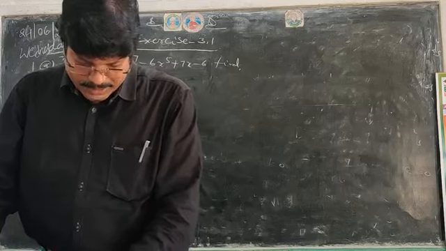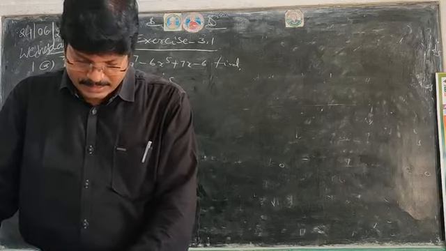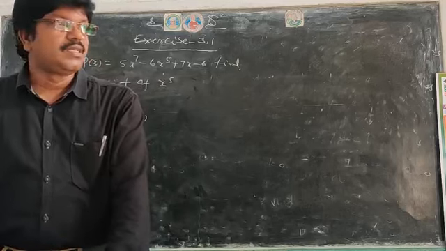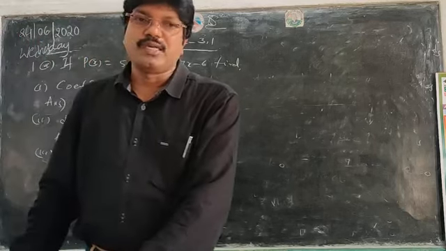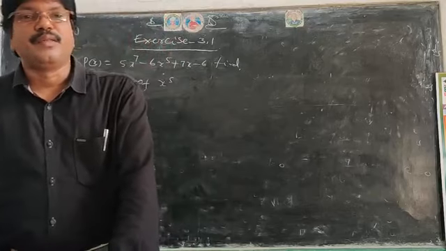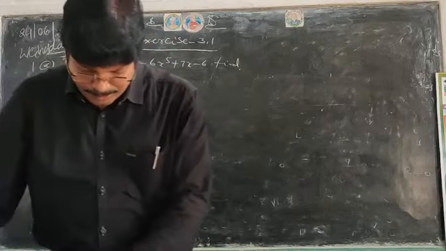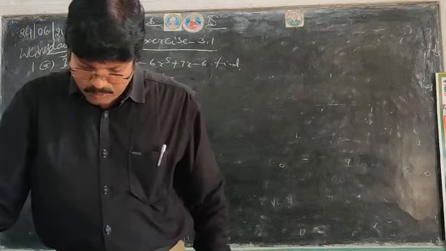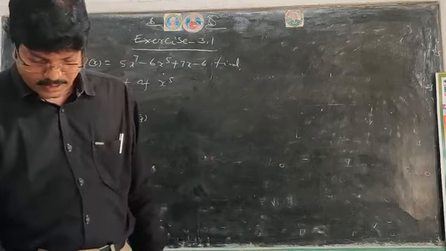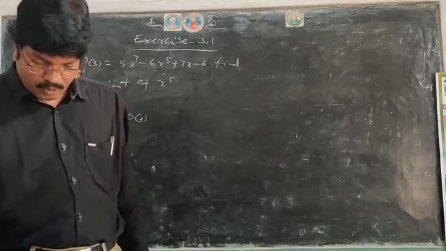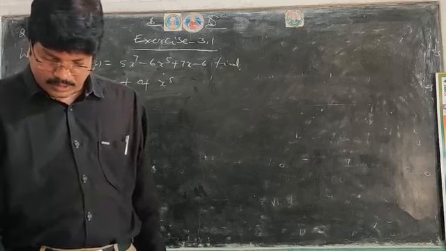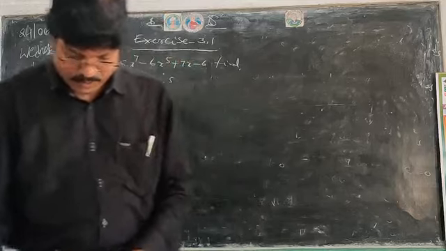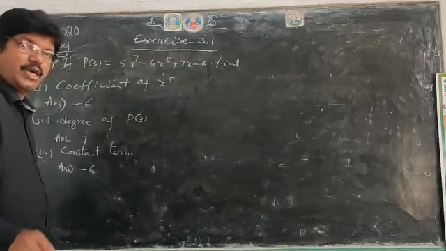1 by x square minus 5x plus 6 is a quadratic polynomial. It's false, because the polynomial is not in the form of p by q. The degree of a polynomial is 1 more than the number of terms in it. It's true. Next, I am going to tell the third one.